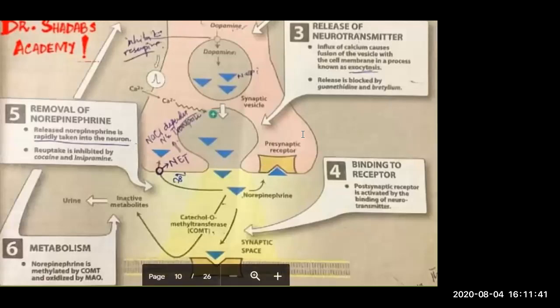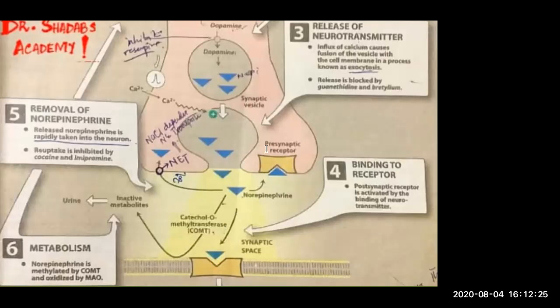This is the presynaptic fiber, or I can say the preganglionic fiber. This is the synapse, or we can call it the synaptic cleft, the synaptic space, and this is the membrane of the postganglionic fiber. Now you see the norepinephrine is released from here, and then it is going downwards to stimulate the other neuron, but it is also coming back to the same nerve, and we have a presynaptic receptor